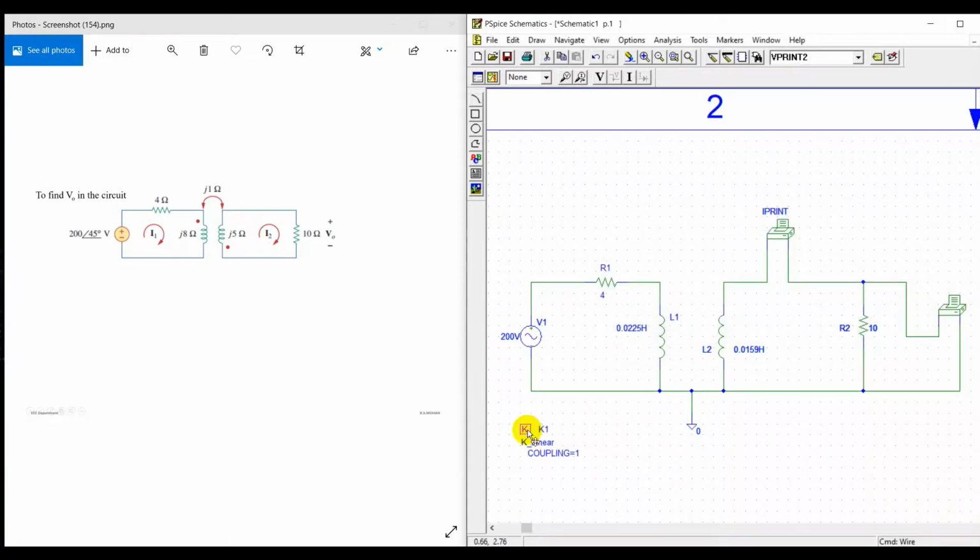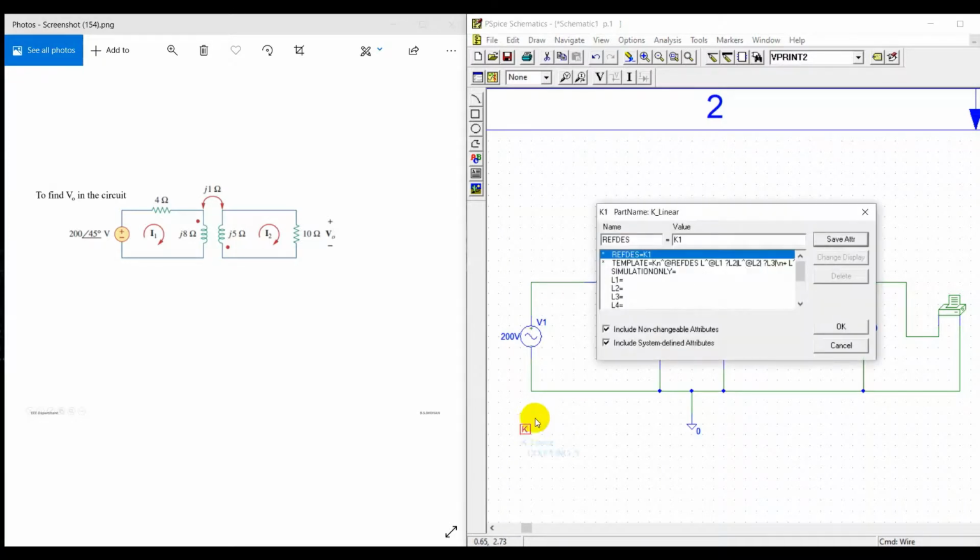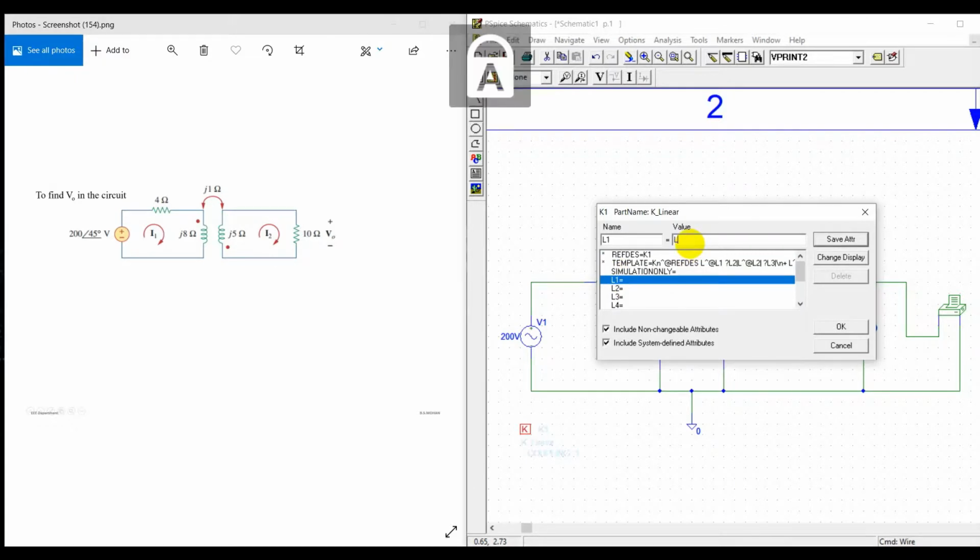Now click on K-linear and set the values for L1 as L1, save attribute, and L2 as L2. This maps the two inductors in the simulation.